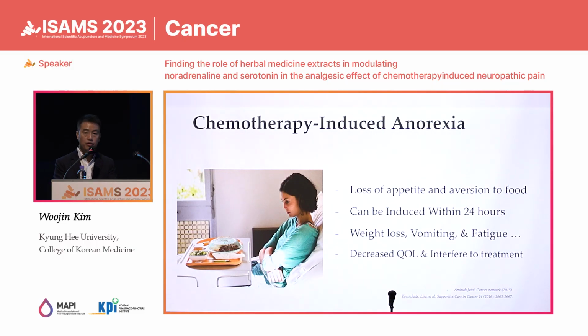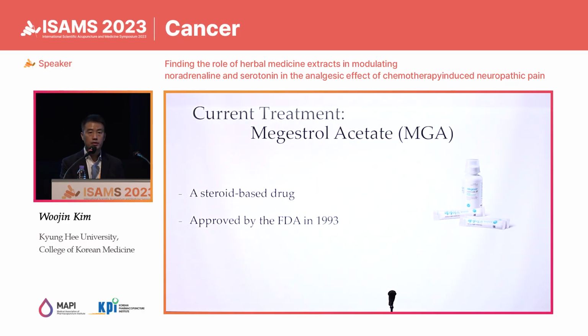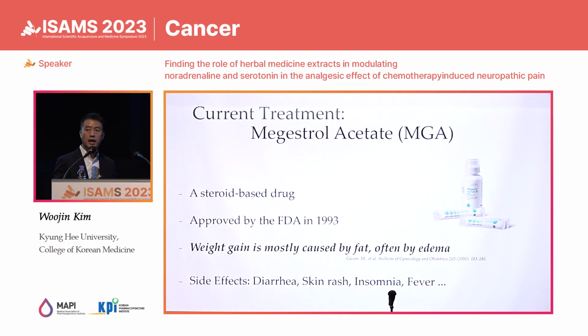So treating chemotherapy-induced anorexia is also as important as treating chemotherapy-induced neuropathic pain. Currently, the drug that is used to decrease chemotherapy-induced anorexia is MGA, megestrol acetate. This is a steroid-based drug approved by the FDA in 1993. But it can increase weight in patients, mostly by fat and edema. It can also cause some minor side effects like diarrhea, skin rash,